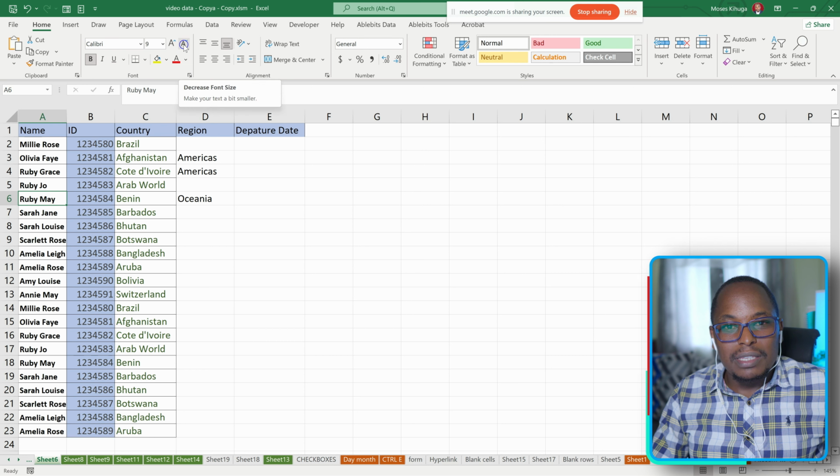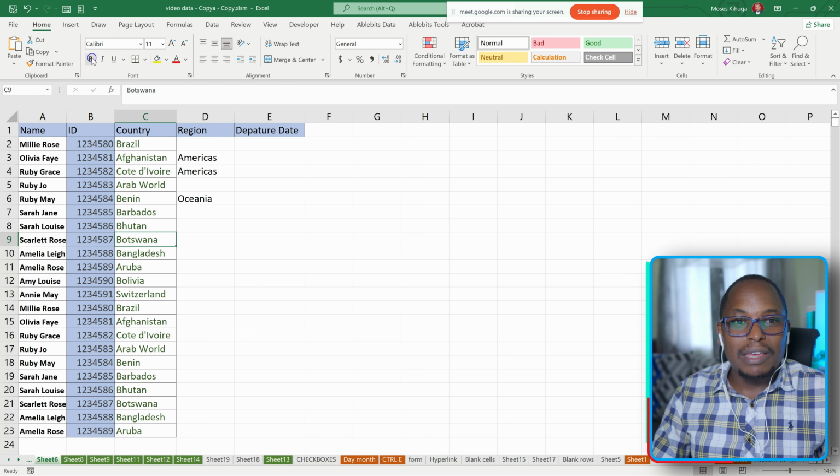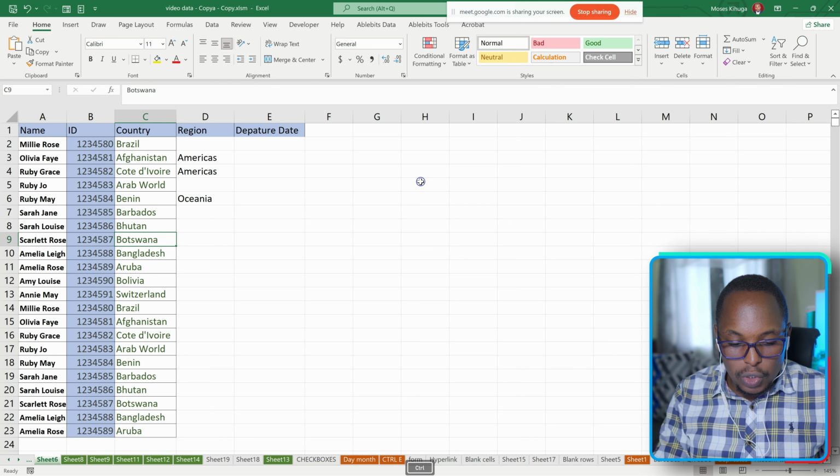you can just hover your mouse over anything. Like for example this, you are going to see some of the description there. So when you go here, you can see exactly what you're going to do, and the shortcut. If I want to make something bold, like let's say I want to make this one bold, you see here you have a shortcut, it's Control B. You can just click on it like that, it will be bold, or you can just press Control B,